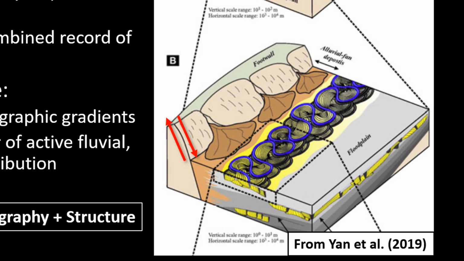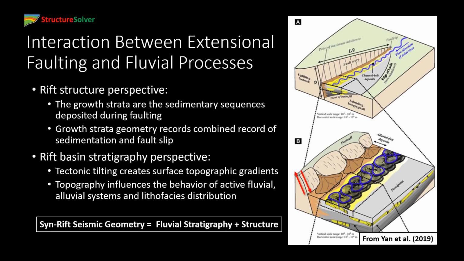However, sedimentation in the Syn-Rift section is also controlled by alluvial and fluvial processes. Those processes are influenced by the topographic tilting of the hanging wall due to fault movement. So in terms of a seismic section and reservoir scale features, the final Syn-Rift geometry is the combined result of sedimentary and structural processes. But how can we disentangle the stratigraphic architecture of a rift basin from the structural geometry